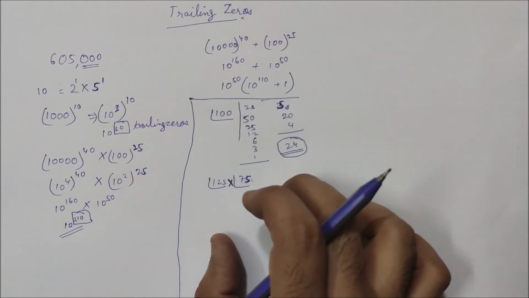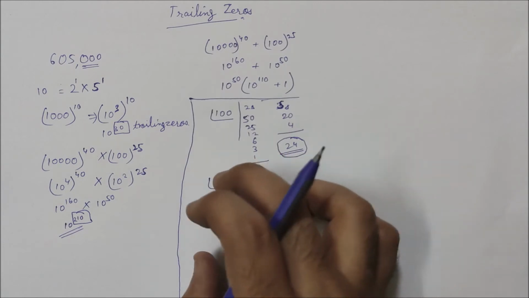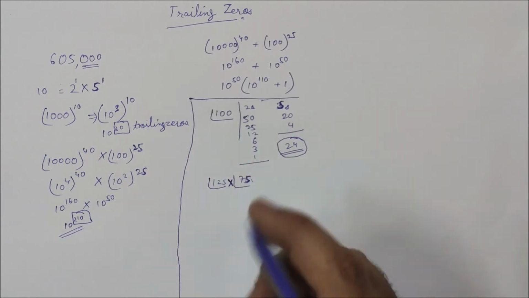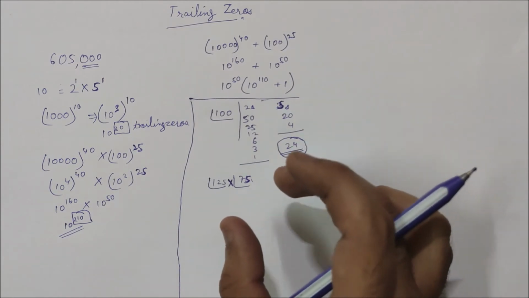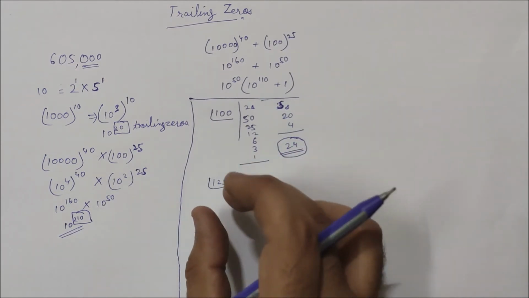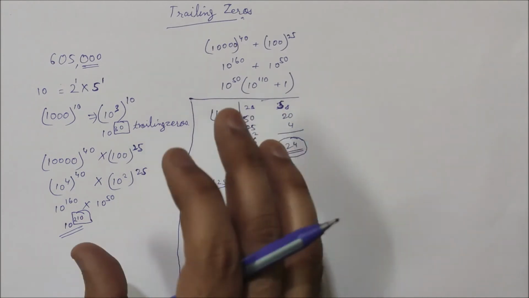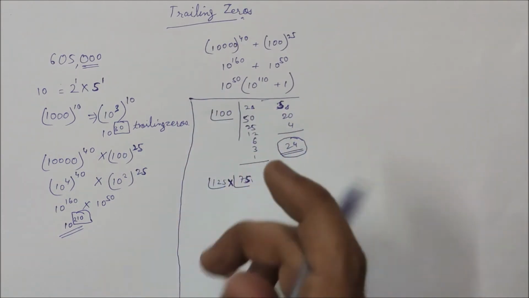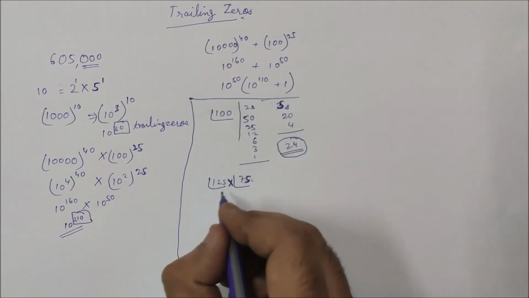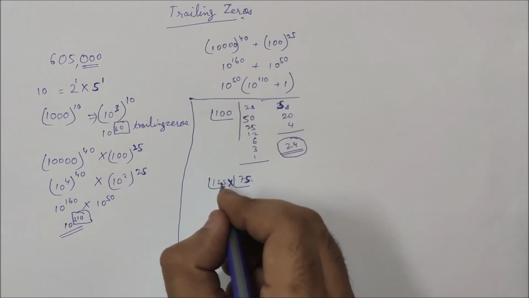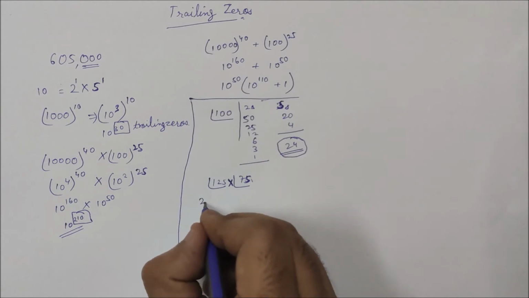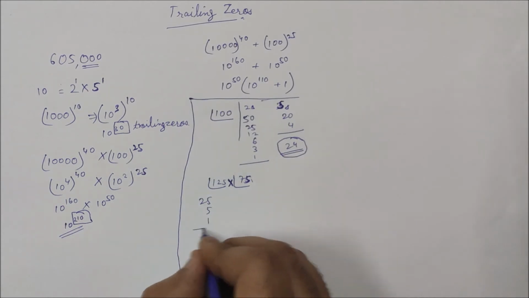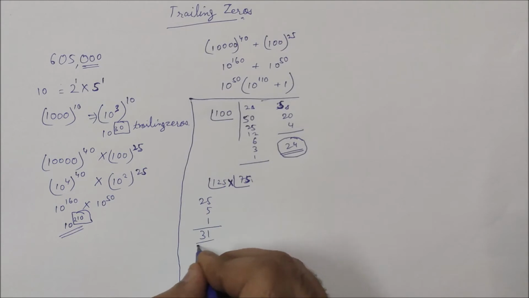Since we have already done a few questions on calculating the powers for factorials, I think it's unnecessary to calculate the number of 2's present, because it's for sure that 5 is the number that is going to be in short supply. So I'll just calculate the number of 5's, and I can take that many 2's also and form groups of 10, right? So the number of 5's present in factorial 125: if I divide by 5, I'll get 25, then 5, and then 1. So there are 31 5's present.